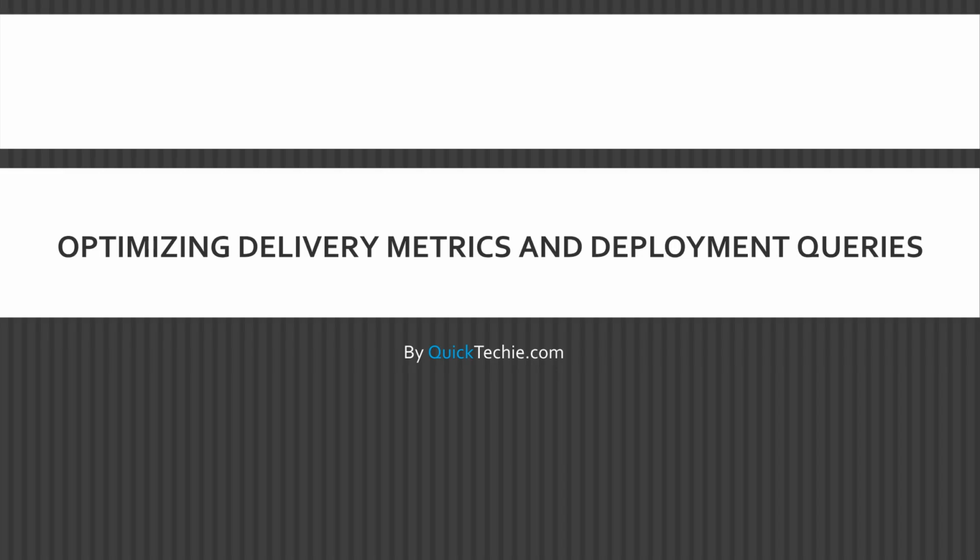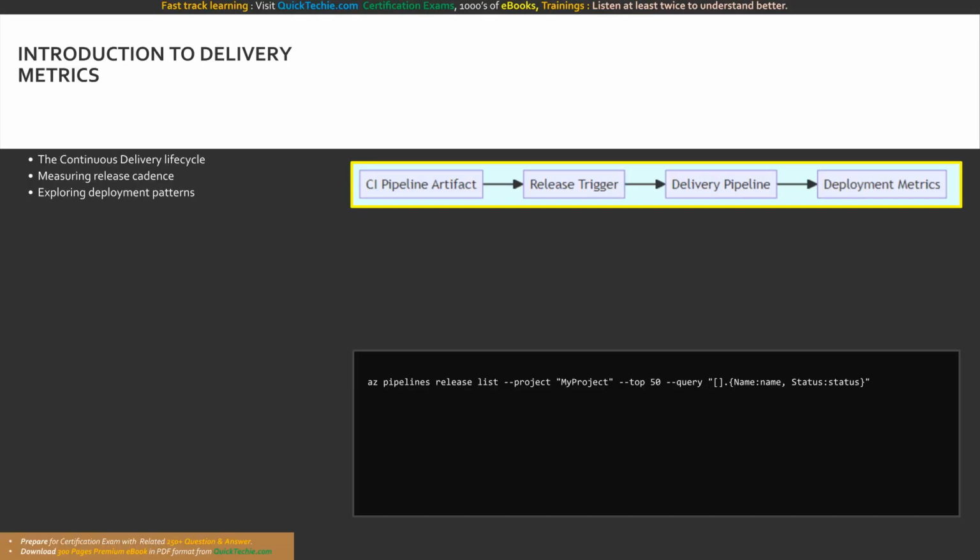In this session, we dive into designing and implementing appropriate metrics and queries, specifically for the delivery phase of your DevOps pipelines. Continuous delivery extends continuous integration by automating production-ready release pipelines. To optimize this process, organizations must establish metrics that track the efficiency of their delivery lifecycle. By exploring different release strategy recommendations, we can define metrics for release cadence, deployment success rates, and cycle times. Designing these delivery metrics provides visibility into bottlenecks, allowing transformation teams to systematically reduce the time it takes to deliver